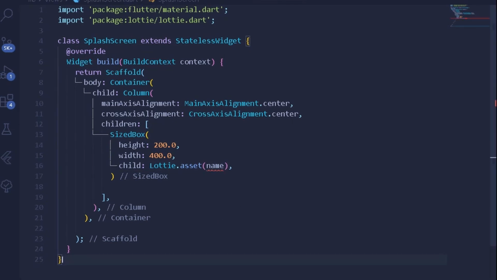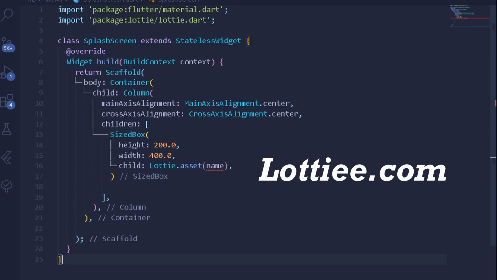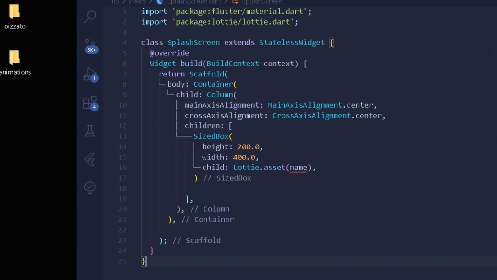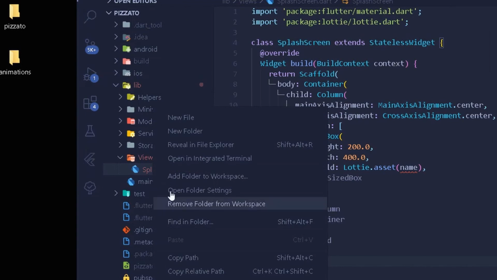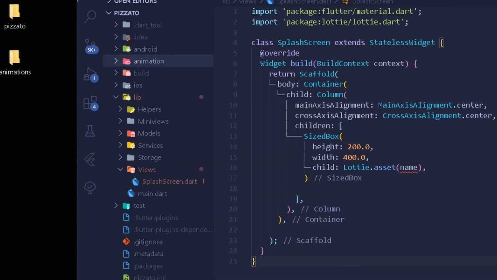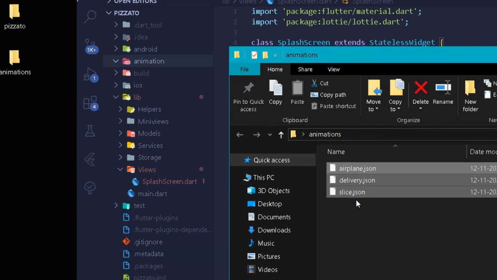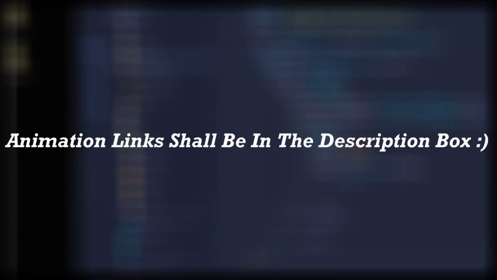So I can write here Lottie.asset, and under the following source of the following asset, we are going to provide a proper source for our animations. Now let's do one thing, that is get all of the animations from the Lottie website itself. But for our current project, I have certain animations up and ready. I have my entire animation folder here. So let's create a new folder for animation. Under this animation folder we are going to paste all of the animations. Alright, so here I have my 3 animations, so I can simply drag and drop these under my animation folder. Alright, so we have our animations up and ready.